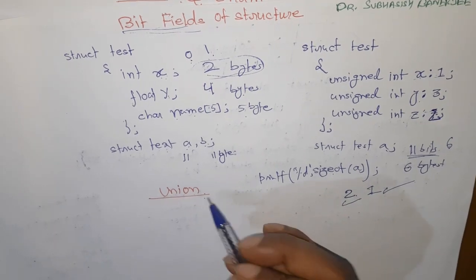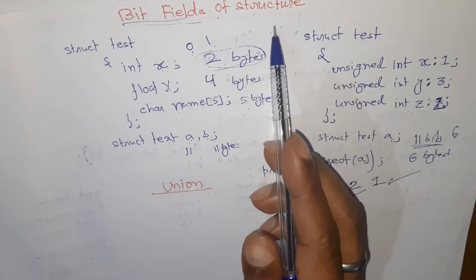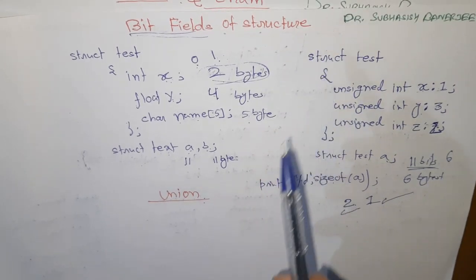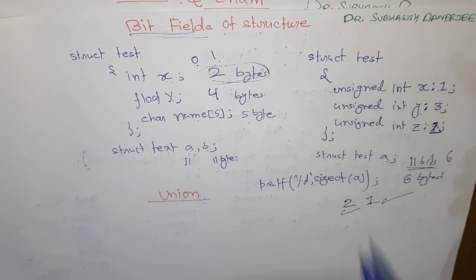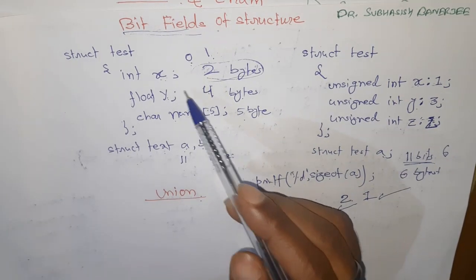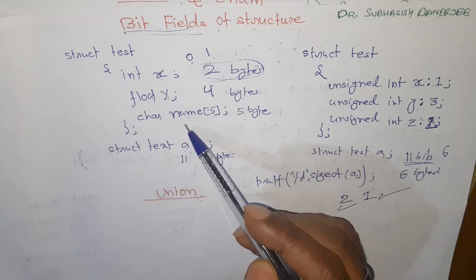So the union is also a similar type of the structure. It is also used to store heterogeneous types of data elements. Especially it has been designed to solve those problems where we do not need all the variables under the structure at the same time. Like,